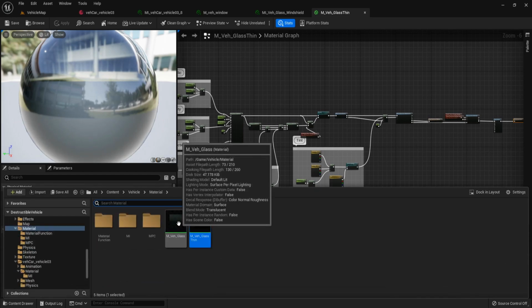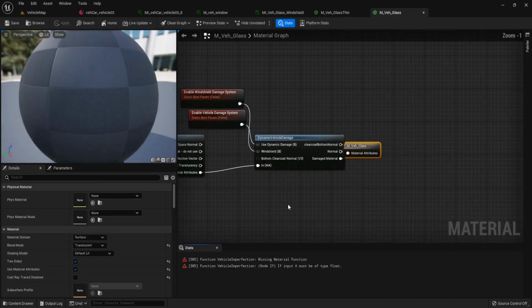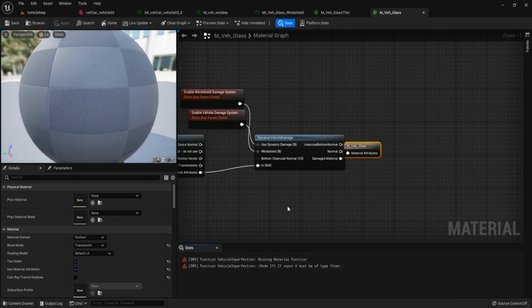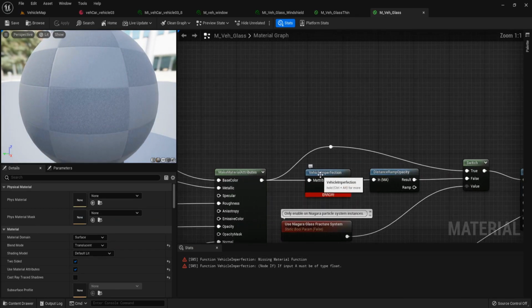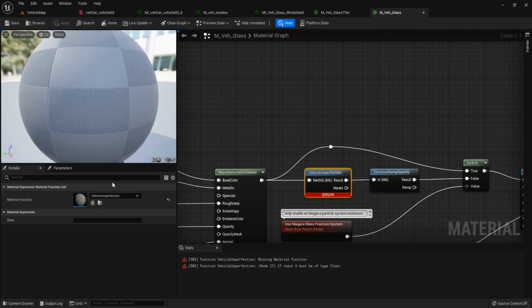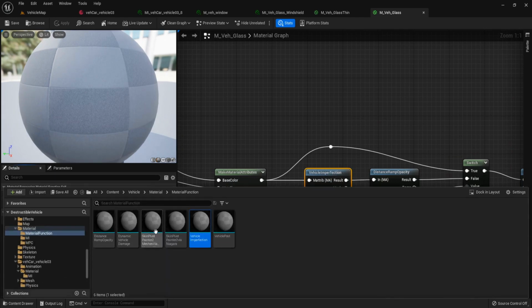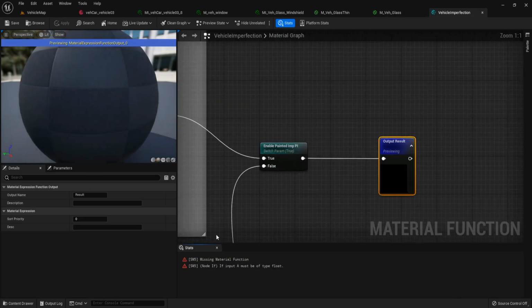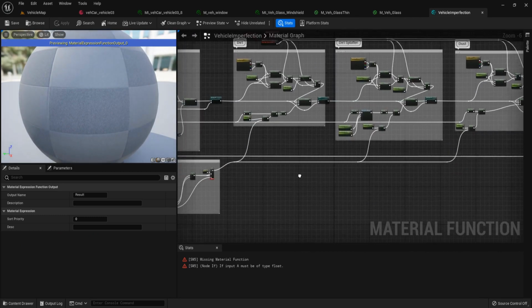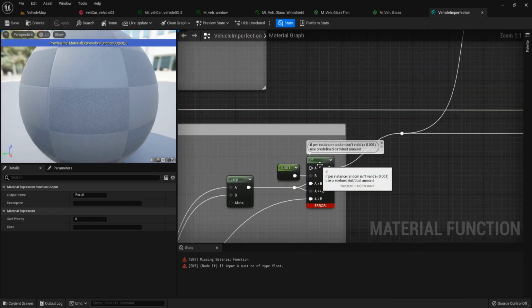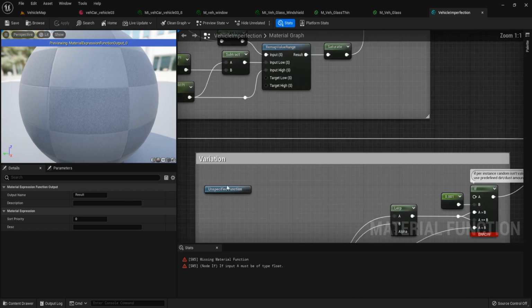And we open this MV glass, and we have some error that is missing material function from this vehicle imperfection. Open this vehicle imperfection material function, and we can see there is missing the function here.